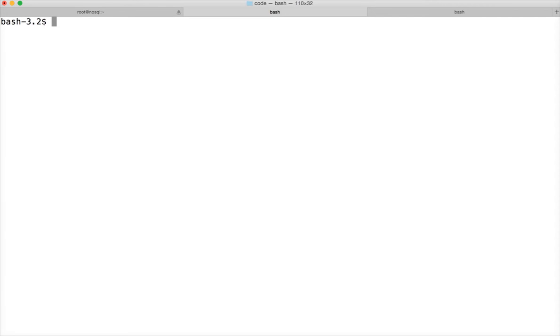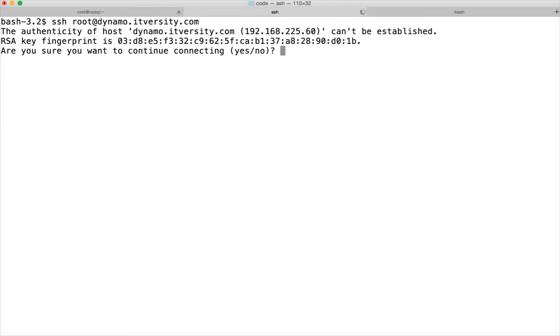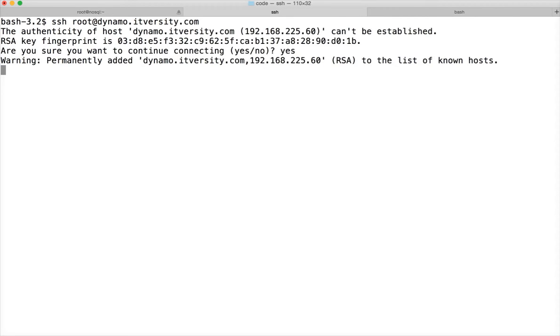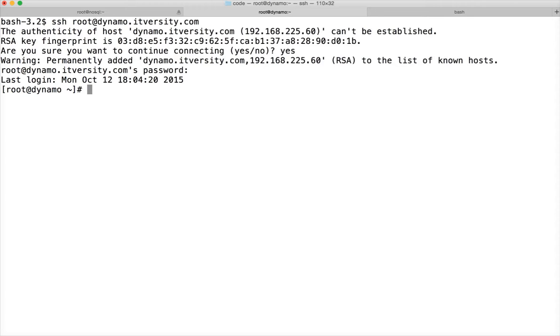Okay, now let me try to connect ssh root at dynamo.itversity.com. Yes. So if you have passwordless login already, it will directly take you into the VM without asking for the password. So now I am in the DynamoDB VM from my terminal,